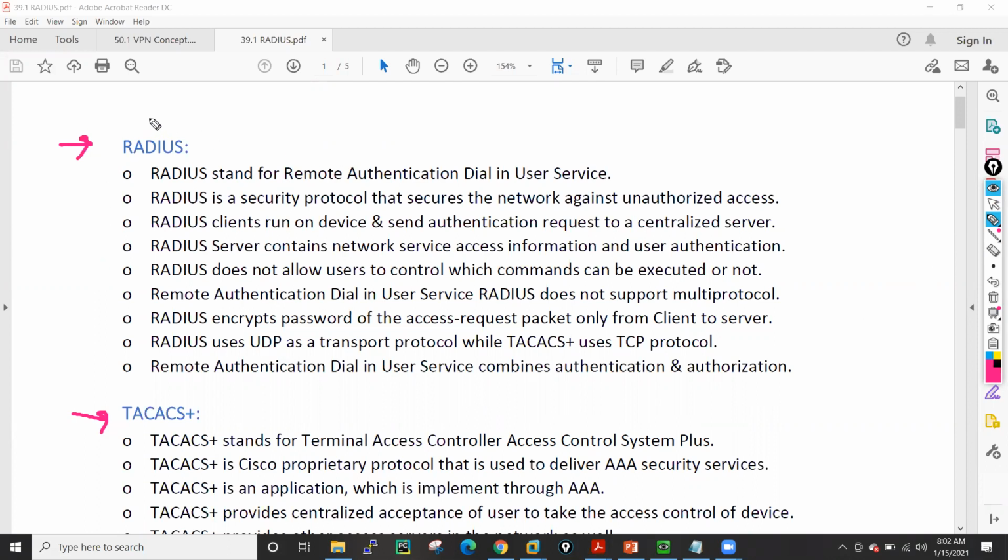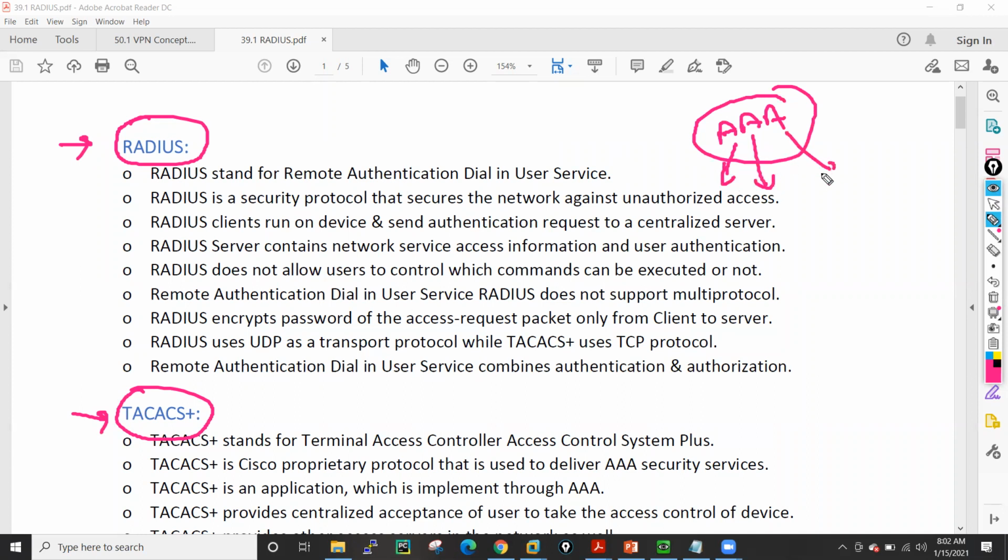So there are two protocols, RADIUS and TACACS. These are the two protocols which we use for AAA services. AAA means authentication, authorization, and accounting. Authentication means we are getting access to that machine. Authorization means level of access.